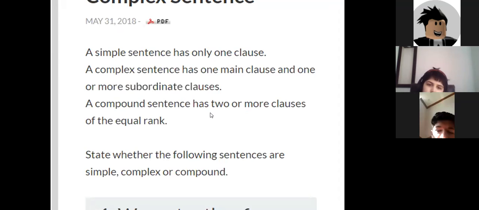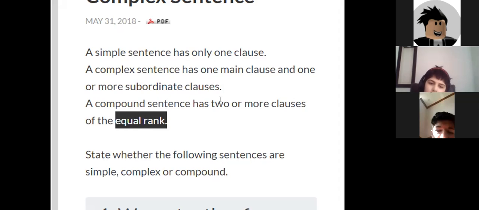When we talk about compound sentences, they have two or more clauses of equal rank. That is, either it will have two main clauses or two subordinate clauses, both depending on each other. Of equal rank means that if one clause is main, the other will also be a main clause.